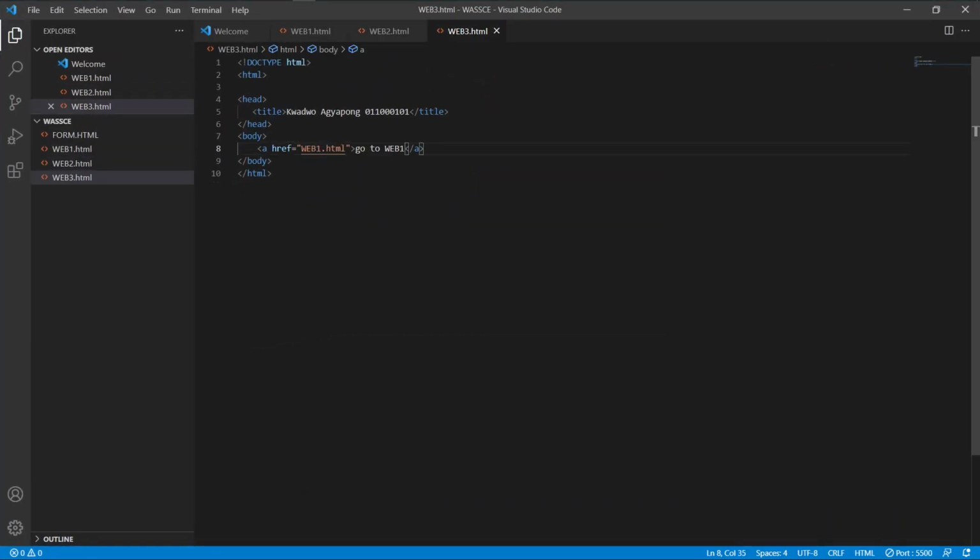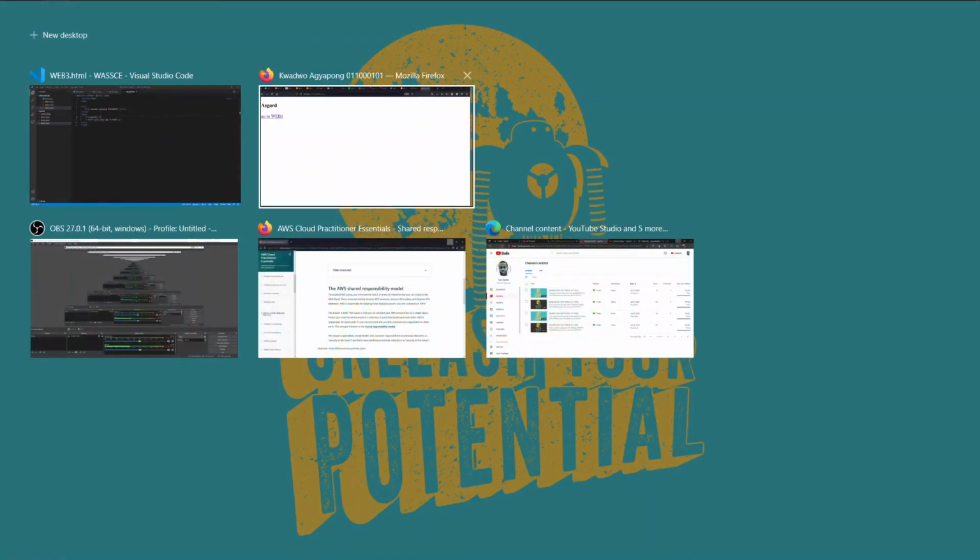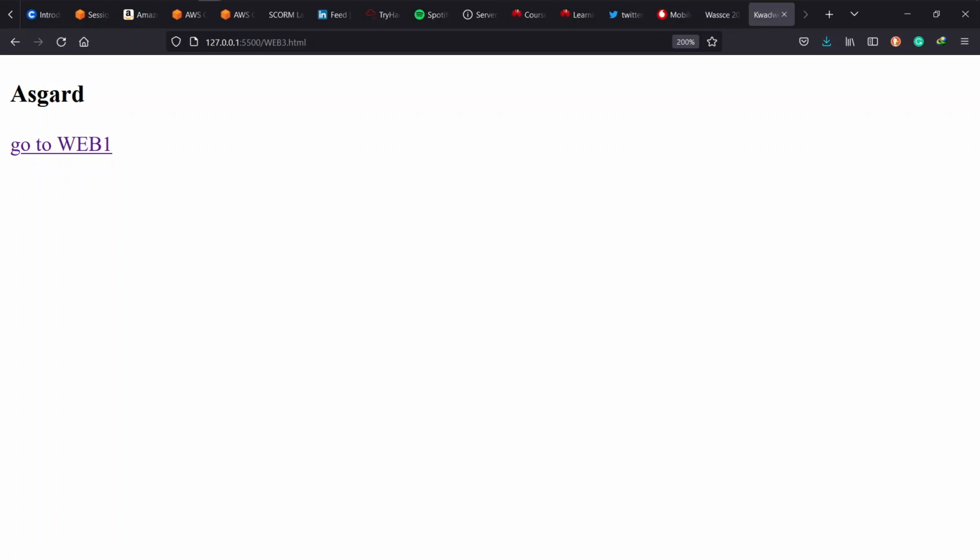and go to web 3, and in here we're going to use the header 3 as the question is demanding. Now hometown, where you come from. So I come from Asgard. Now Asgard is a mythical realm in Norse mythology where Odin and his sons Loki and Thor come from. So technically right now I am a god. I'm kidding. So whatever your hometown is, just put that there and then assume the header 3 elements, and this is our